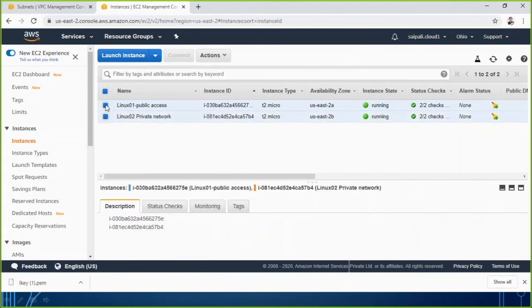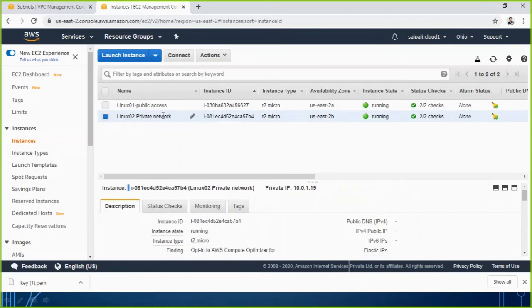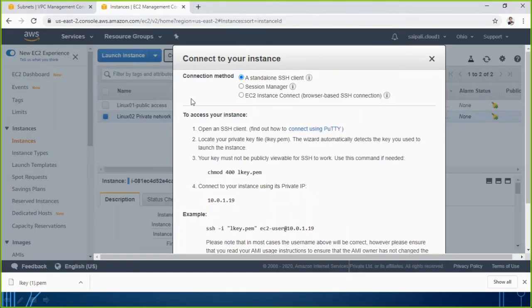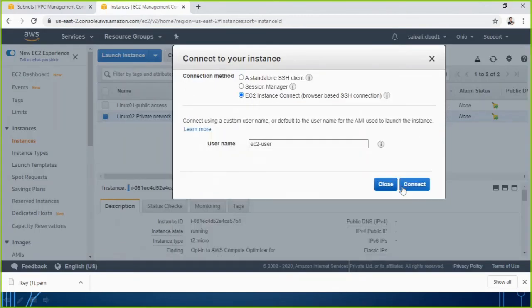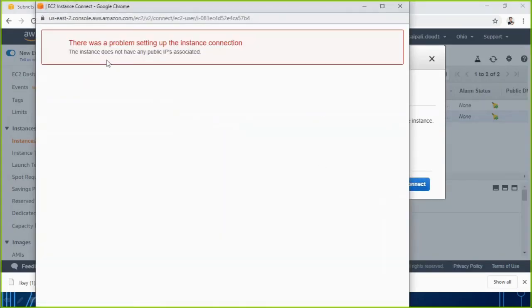If I try to access the second machine, which is on the private network only, can I access it over the public network? Let's try. Click on connect to the EC2 instance, and we are going to get an error: there was a problem setting up the instance connection, and you can't access it because the instance does not have any public IP associated with it.